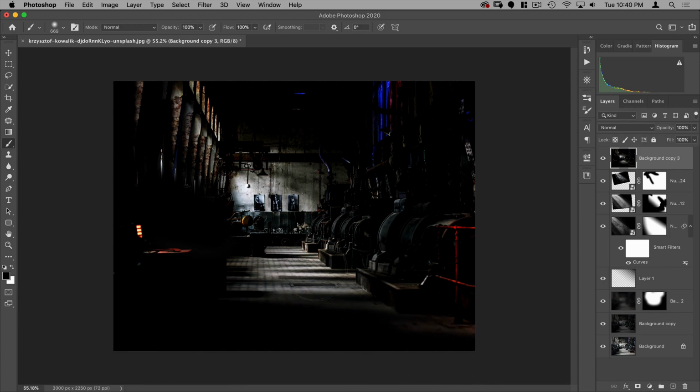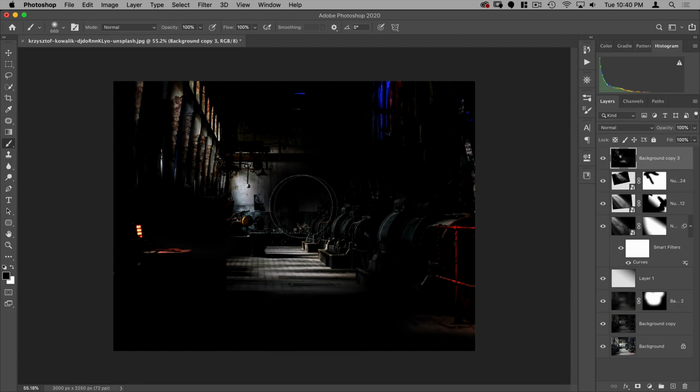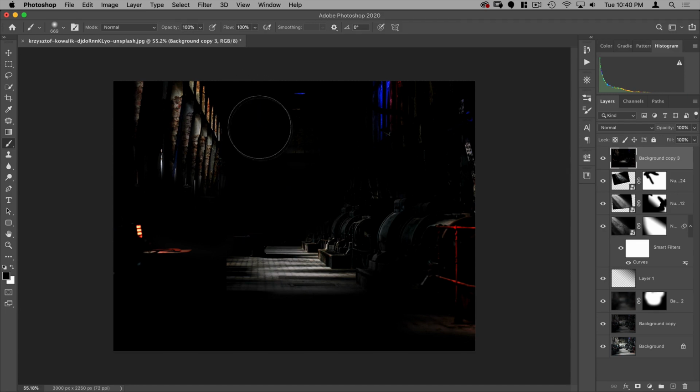So I'm going to leave those, and I do like the light hitting the ground. So I'm going to leave that, and I'm also going to leave a few of these highlights, but I don't want the back wall being lit. So I think that's kind of what I want.